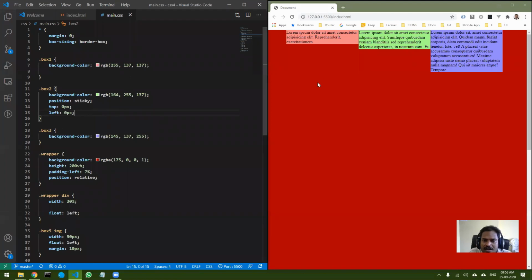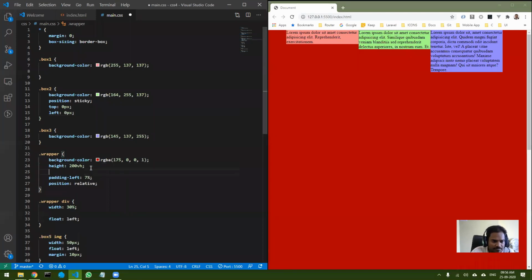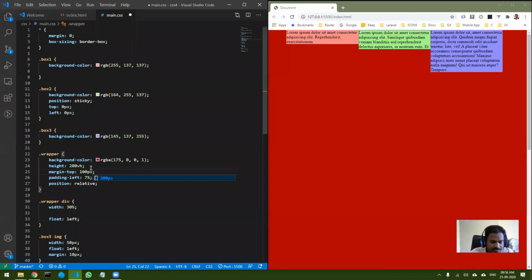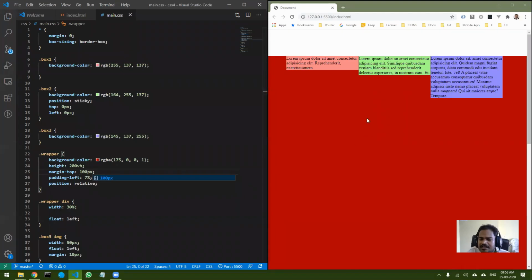You will not be able to see it properly right now, but let me put a margin on top. Margin top for wrapper, let's say 100 pixels. So now you can see this is my document. I have created a margin on top. Now if I scroll, just see what happens.